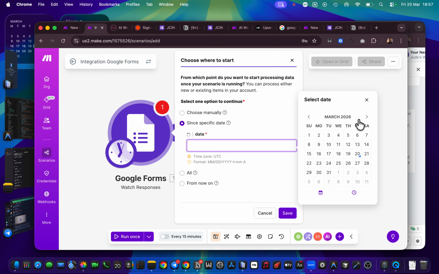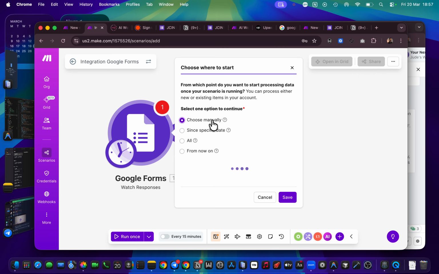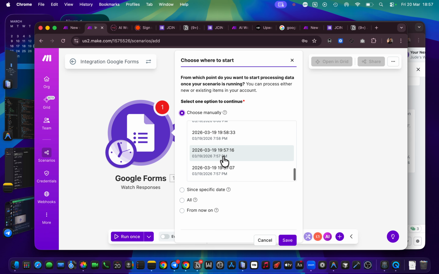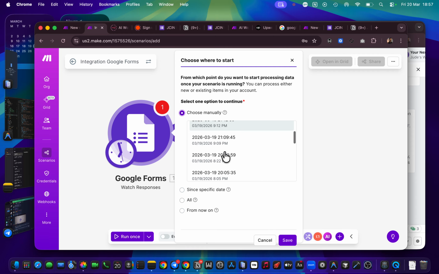There's an option for dates there. It will direct you to yesterday, which was on 19. And you can choose manually too. You see we have multiple answers here based on the date. These were the ones we ran from yesterday. In fact, this is probably everything, the whole 15. You can pick from it. You can see that the time here is getting lesser, from 9, this is still 9, this is 9:12, this is 9:09, this is 8:22, and like that. You can see everything.